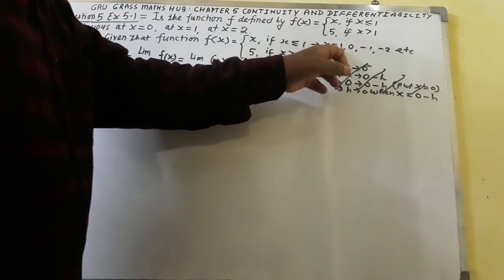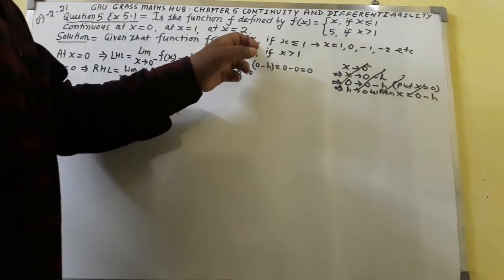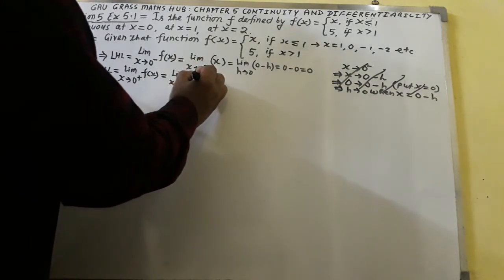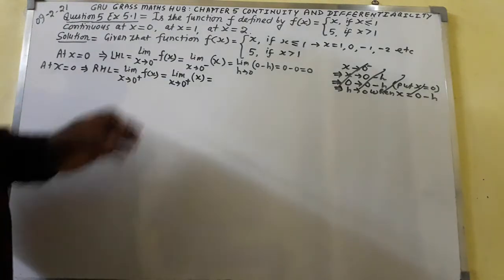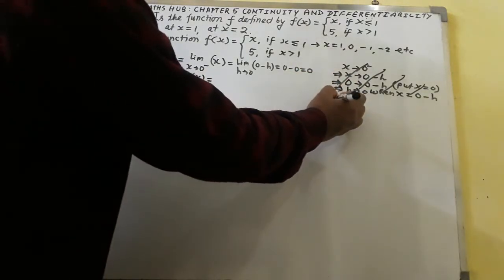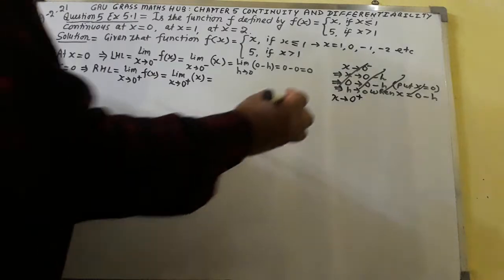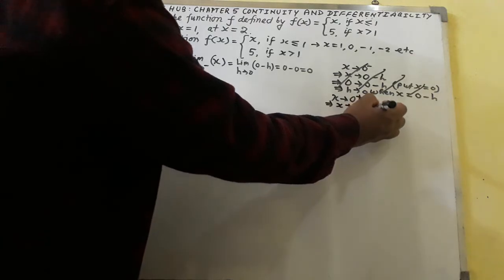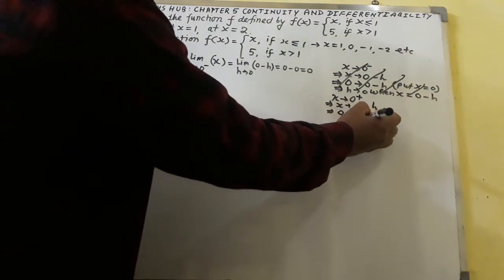So I shall take x equal to 1, because x equal to 1 is greater than 0. So here also I shall take the function f of x equal to x. So here I shall write in bracket x. Now do the same operation here. Rough work: here you can see x tends to 0 positive, so you can write that x tends to 0 plus h can be written. So put the value x equal to 0.